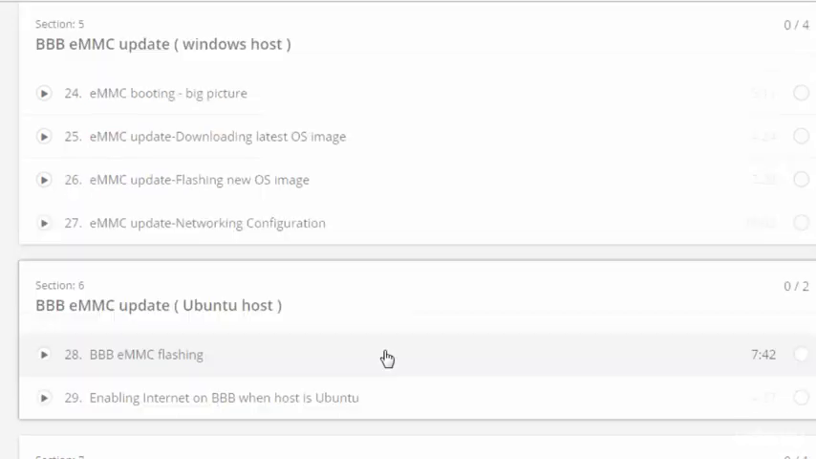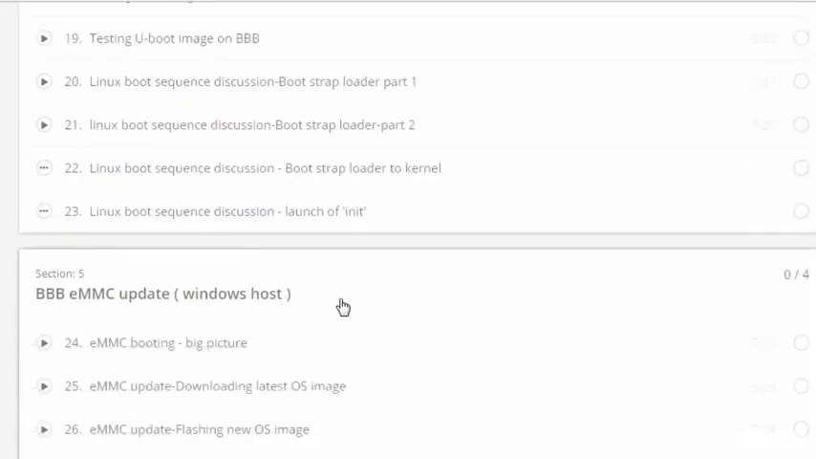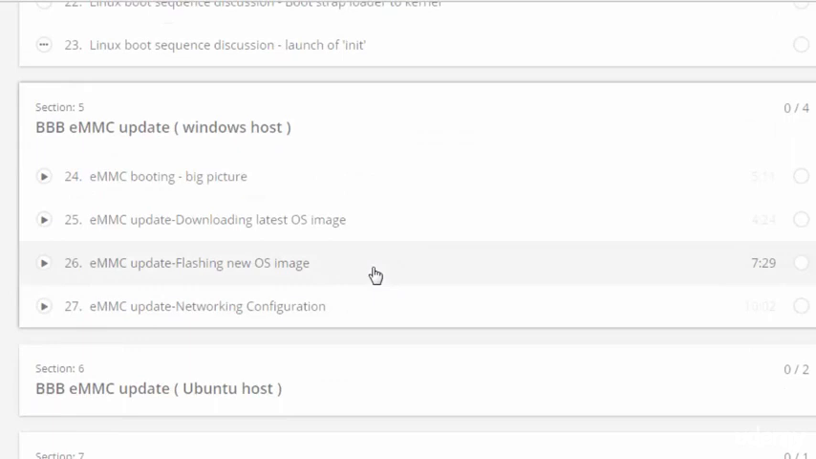to understand how exactly the handing off of control happens from one bootloader to another bootloader, to the kernel, to the file system. And in section 5 I will be talking about the eMMC update of the Beaglebone Black hardware with the newer Debian OS. So I will teach you how you can update the eMMC memory with the newer release of the Debian OS